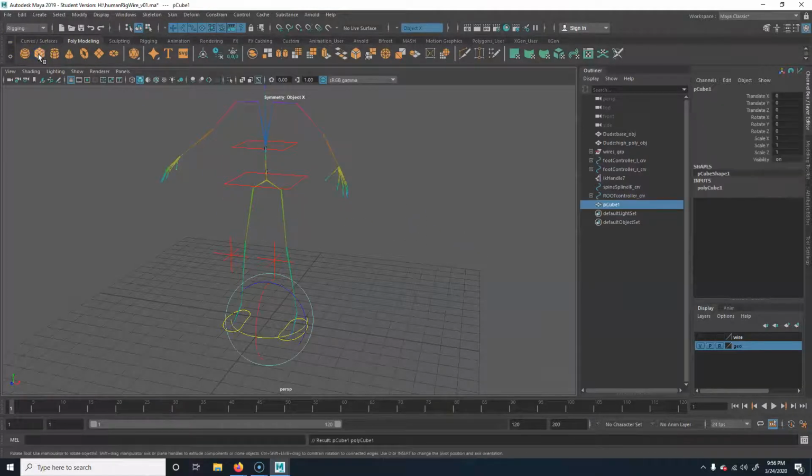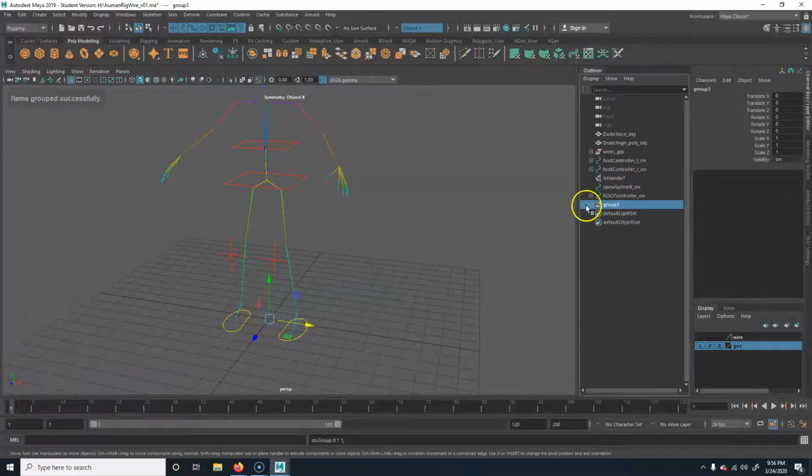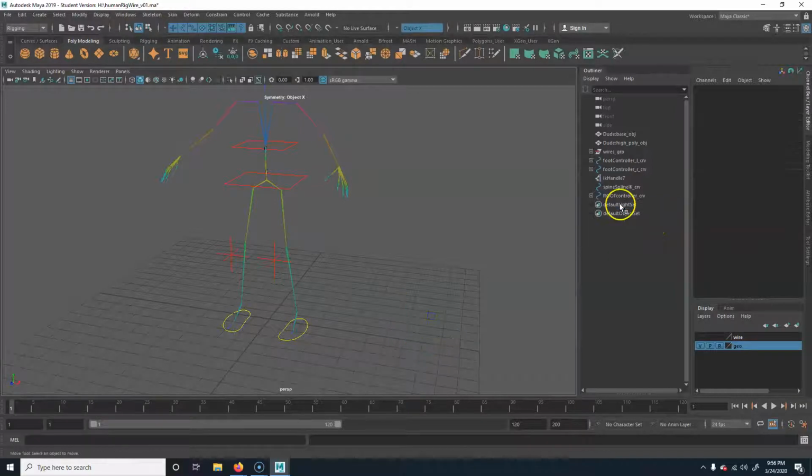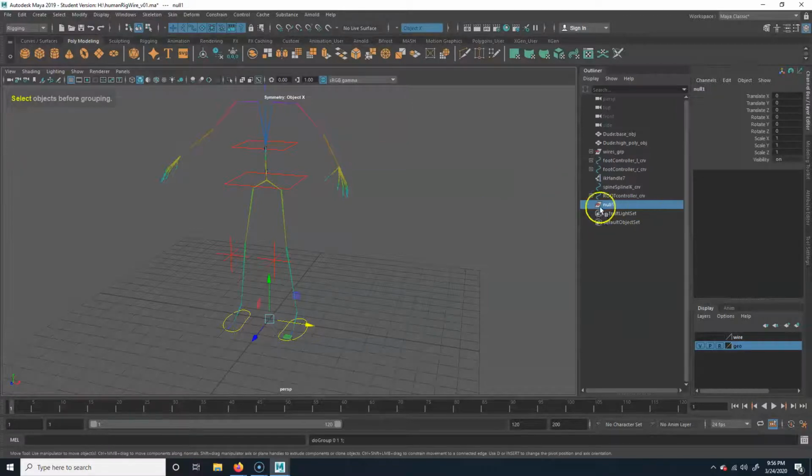So if I select two things and hit Control G, it puts them into a group. Just to show you, if I have both of these selected and hit Control G, you can see now they are both part of this group, and I can move both of them. You can't see them because I don't have polygons available at the moment, but they're both part of that group. Okay, so that's what it does. But if you have nothing selected and hit Control G, it makes a null group, which basically just means an empty nothing. Okay,